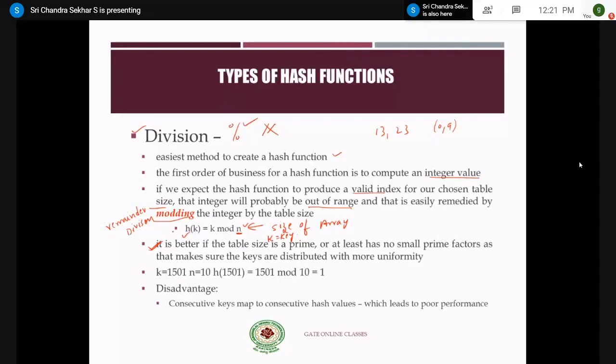In such a case, out of all those options, you go by the elimination method, and if you find any prime number in the given options, that will be the correct answer, right? So the best choice for table size is a prime number, right?